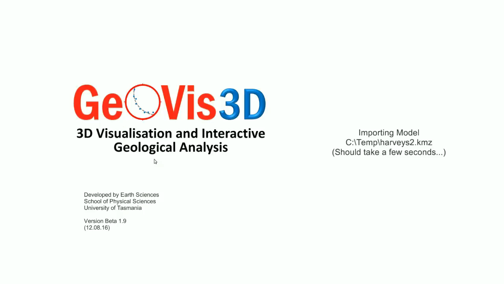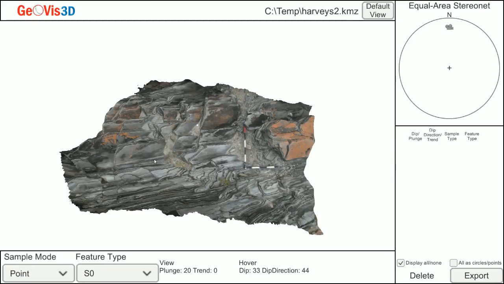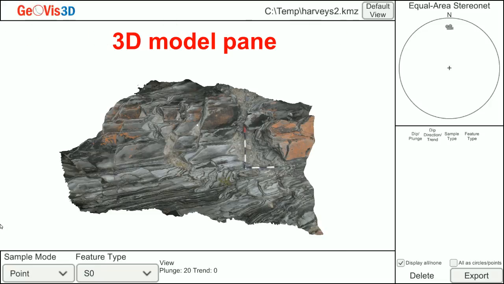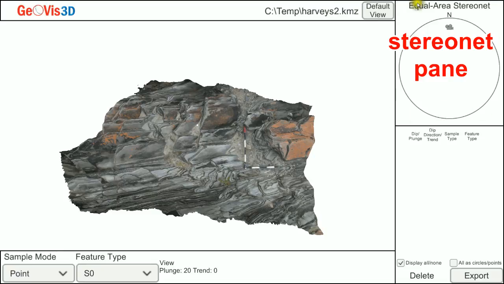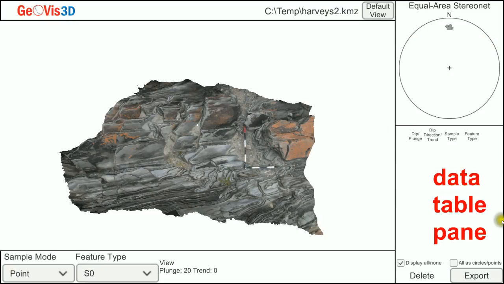It takes a few seconds to load. This is about a 20 megabyte file, and what you can see in the screen now is the three-dimensional model on the left-hand side. The GeoVis screen is broken up into a number of panes. The left center pane is the pane in which the model is displayed. Up at the top is information about the model itself. The default view option brings us back to the current view, and the default view is to look vertically downwards onto the model. In the top right hand corner is a StereoNet display, and a little later when we start making measurements, the measurements will appear automatically in the StereoNet, and they will also appear automatically in the data table